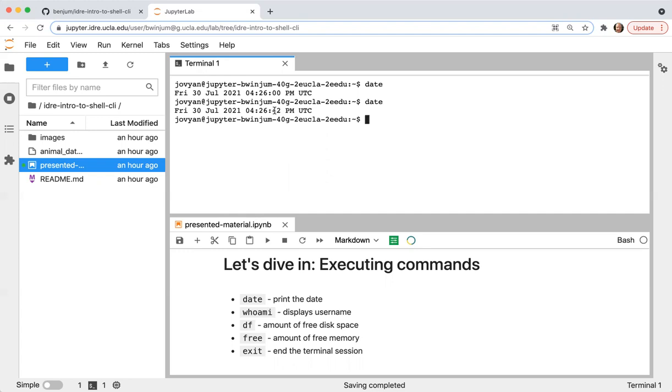Something else which is useful to know to get a little more proficient at this: if you type the up and down keys, the up key will go to previous commands that you have executed when interacting with the shell. At the moment, we haven't done much, so typing the up key might not give you much more than date. If I type the up key, it will give me date. If I type down, it just takes me back to waiting for the command to enter.